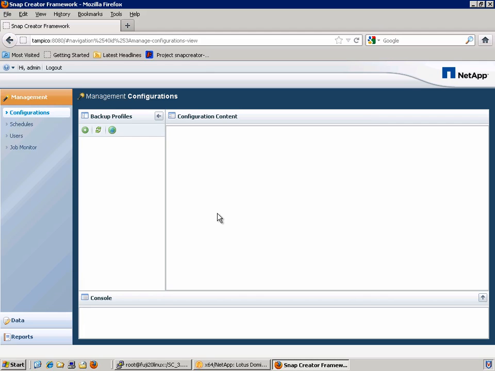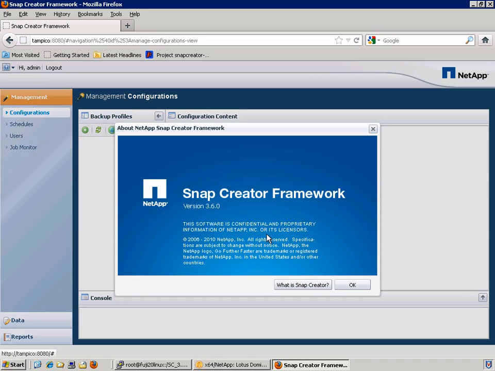This is the Snap Creator GUI. First time you log in, there's not a whole lot to see. We have a navigation pane on the left and a couple things around the top bar that I want to draw your attention to, including the Help button, which has About, which shows you the version of Snap Creator that you're currently running,